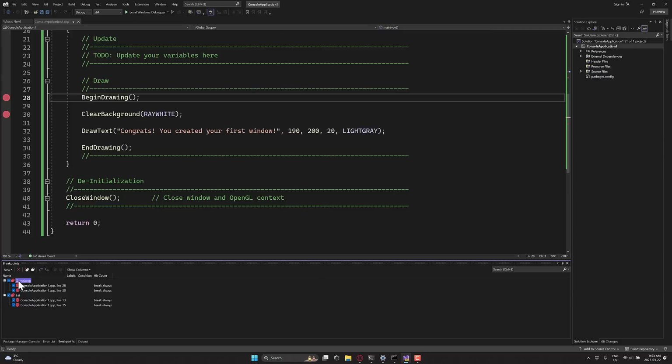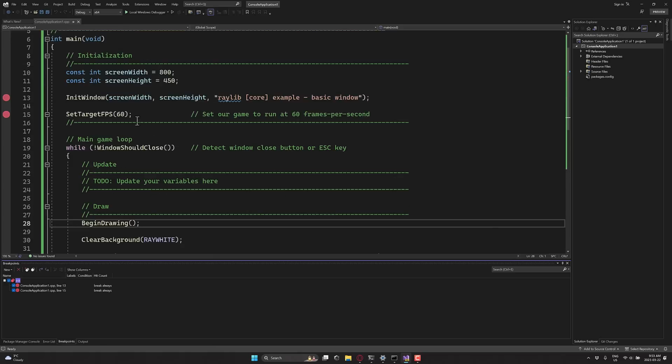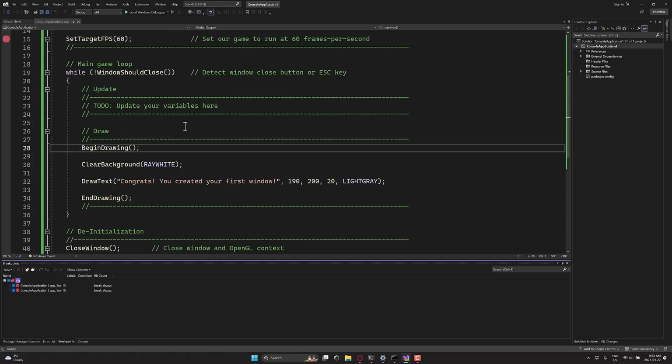By the way, if you want to get rid of a breakpoint group, let's say I no longer need to handle this initialization, I can delete the entire group, and all of those breakpoints are gone. Actually, I just deleted the main loop, but you know what I mean. This is just